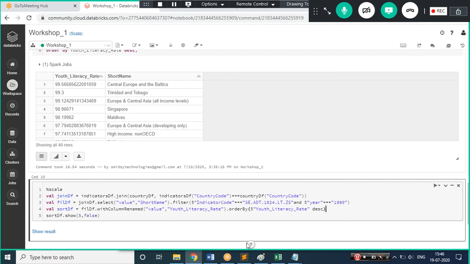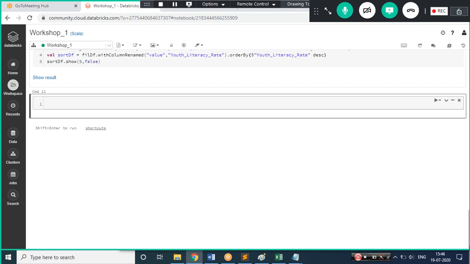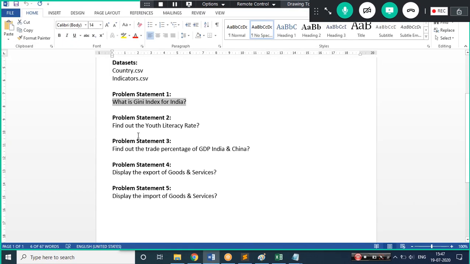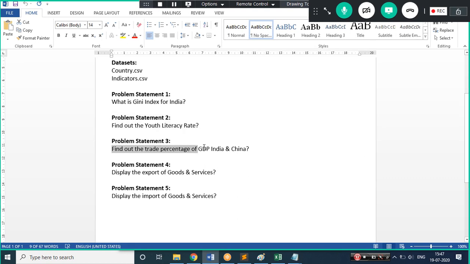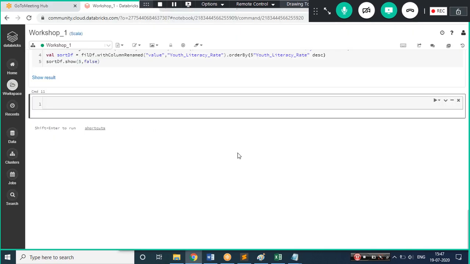Let's move ahead and go with another data frame. Okay, so I think the second scenario, the youth literacy rate, is done. Now let's find out the third problem statement: find out the trade percentage of GDP between India and China. I took India and China, but depending on the requirement you can take anything available to you.